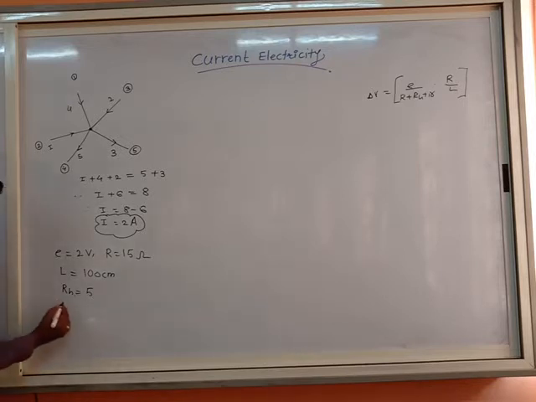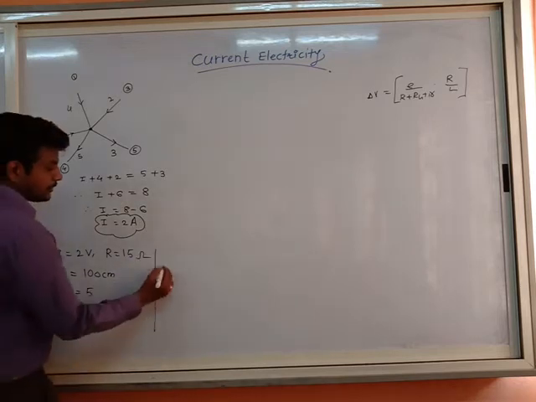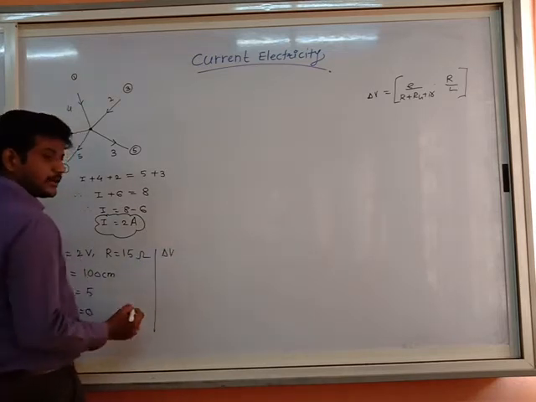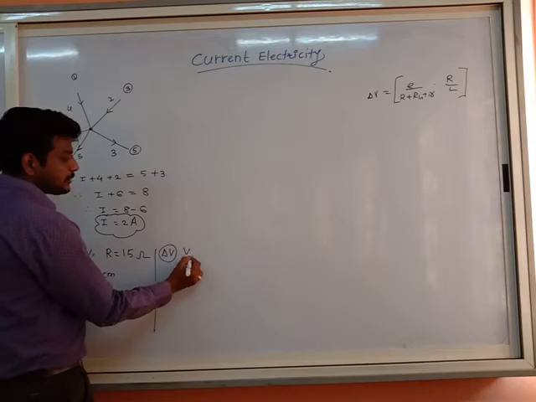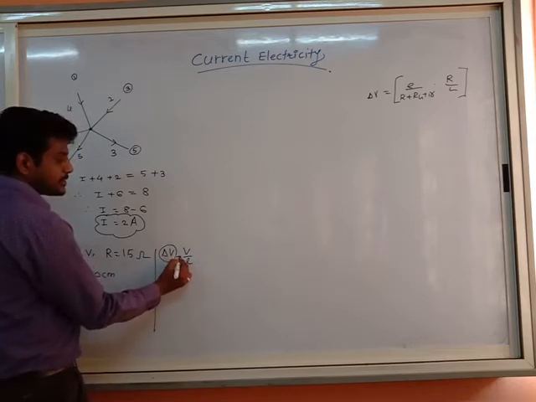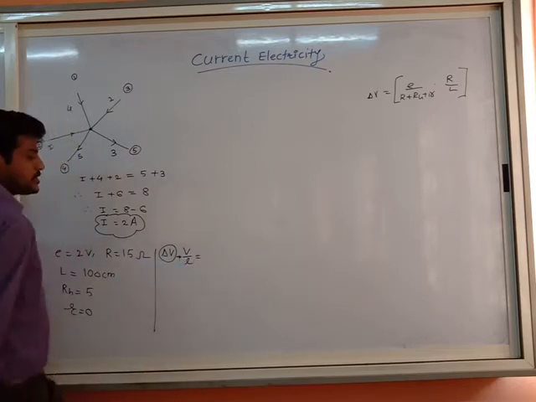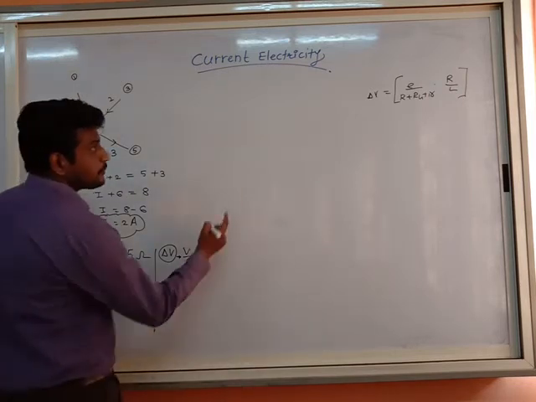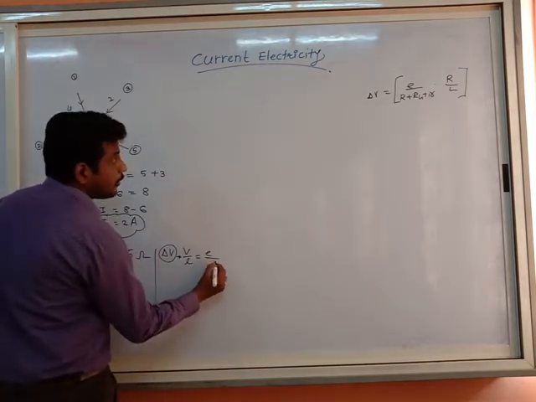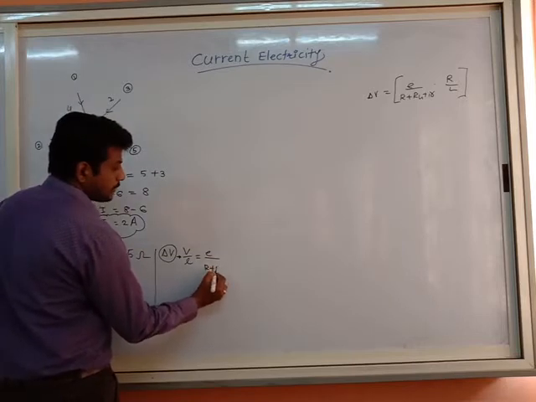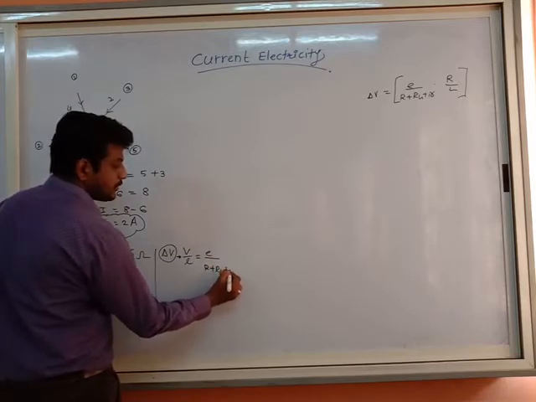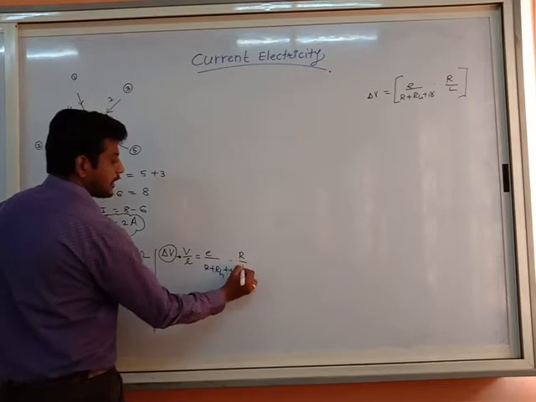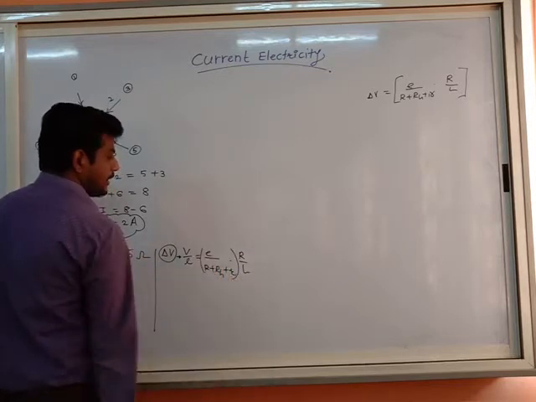So in this case, what is the internal resistance? It is 0. Keep in mind the formula of potential gradient. Potential gradient delta V is said to be potential per unit length. Its formula is E upon R plus RH, resistance of potentiometer, plus internal resistance, again into R by L.